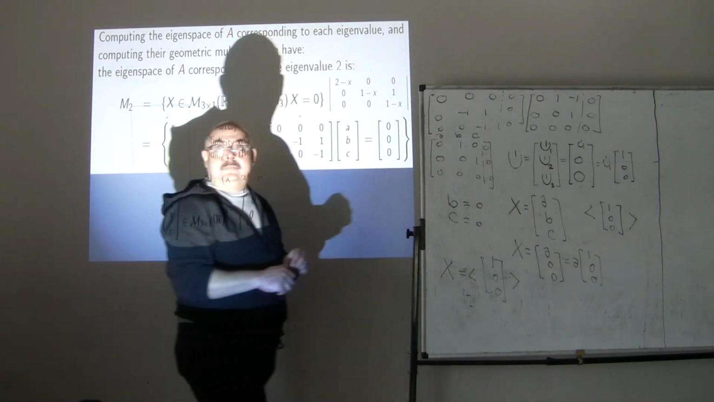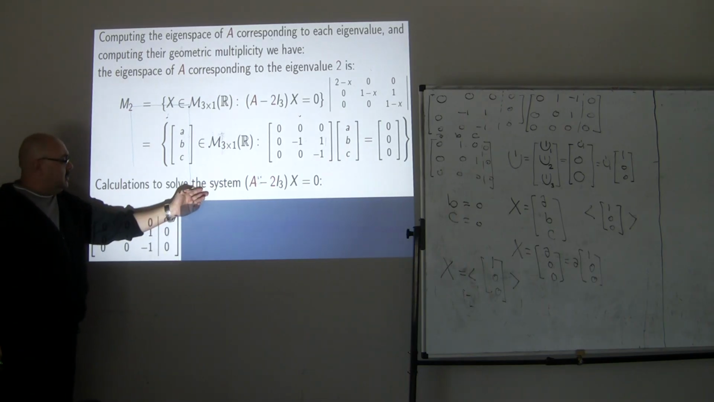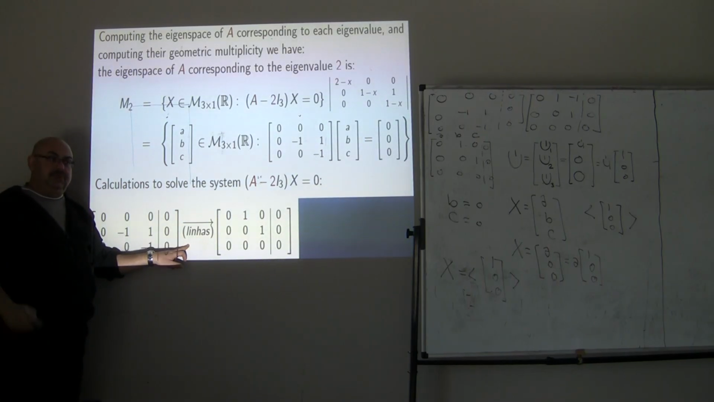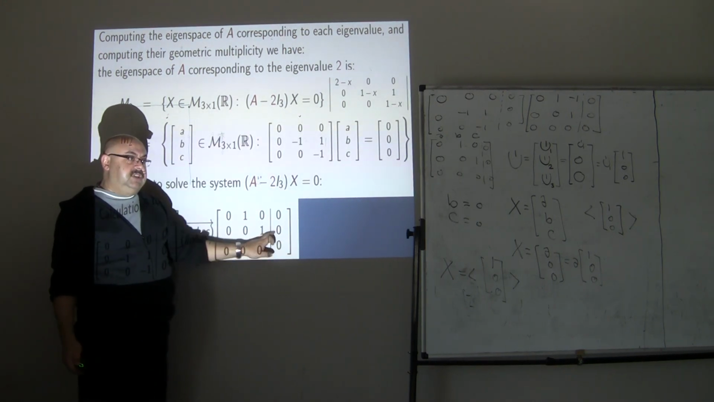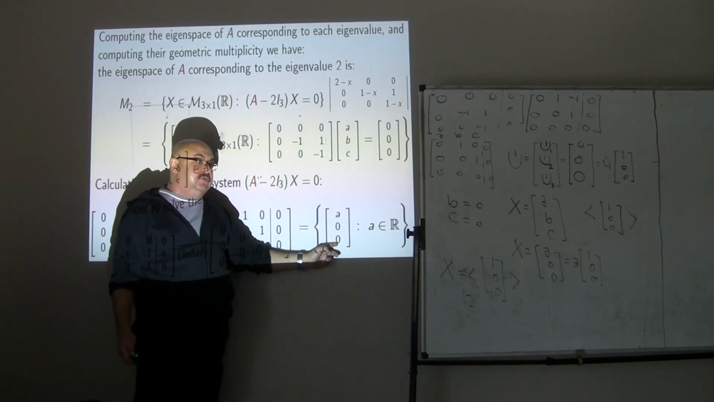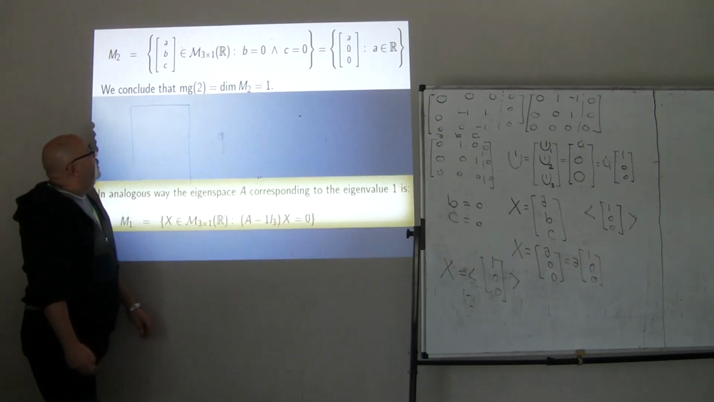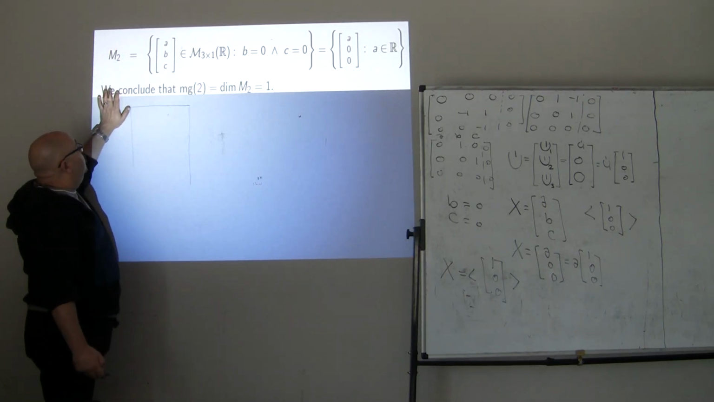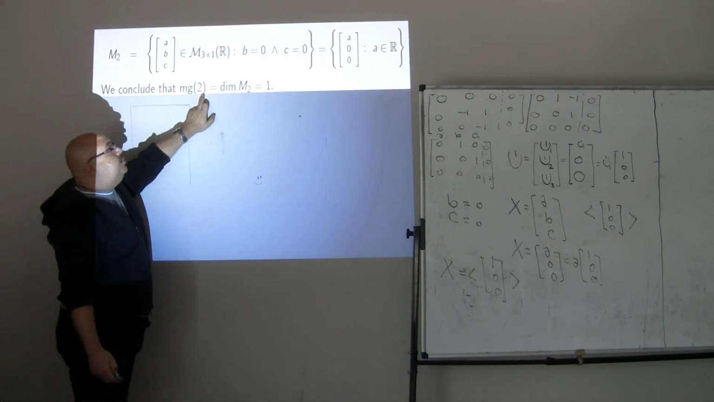A minus 2I times X, that's the system we are solving. I will try to reach, with row operations, the reduced echelon form. B is equal to 0, C is equal to 0. So when I put B 0 and C 0, I get A, 0, 0. Remark: we conclude that the geometric multiplicity of the eigenvalue 2 turned out to be